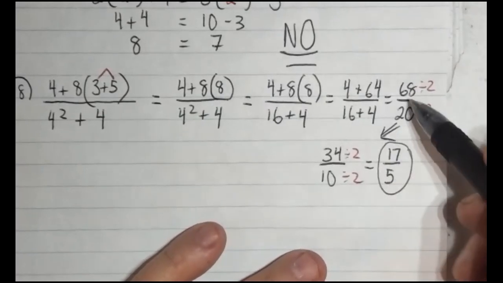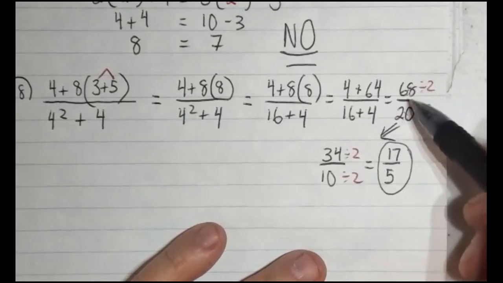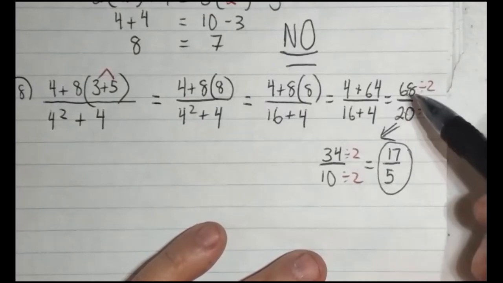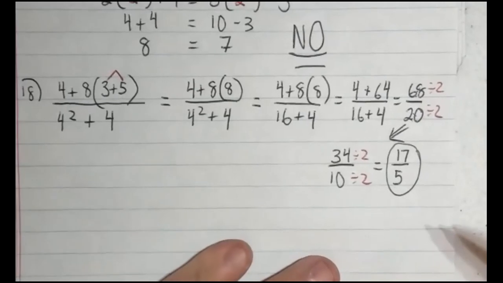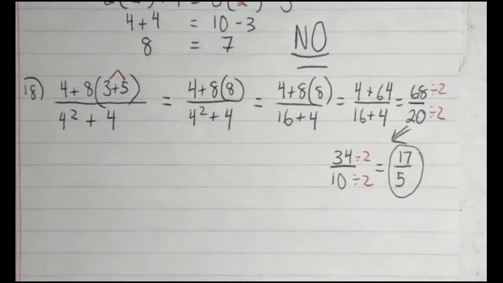What that tells me is if I divided this number as it was by 4, it would have taken me right to the 17 over 5. So there you go. Those are some examples of what you will see on